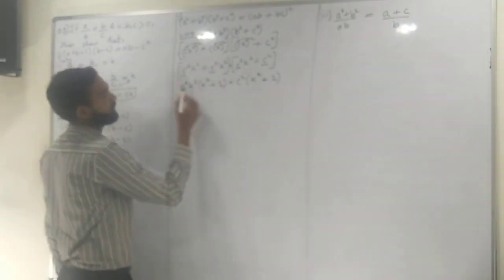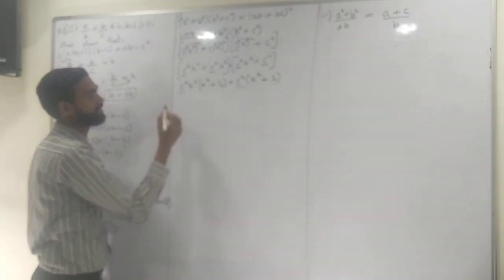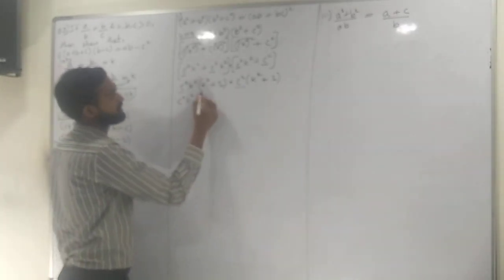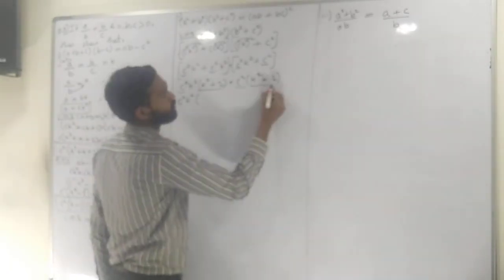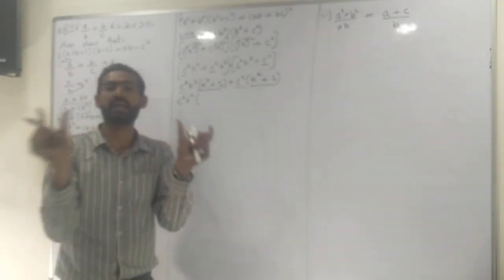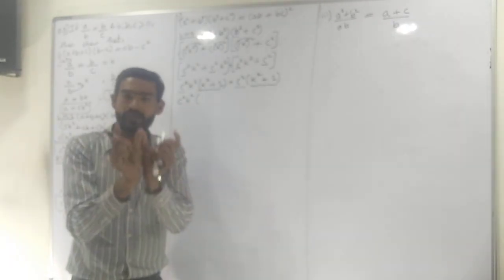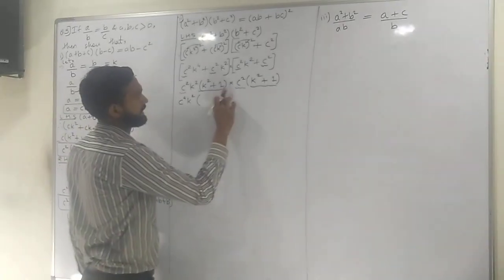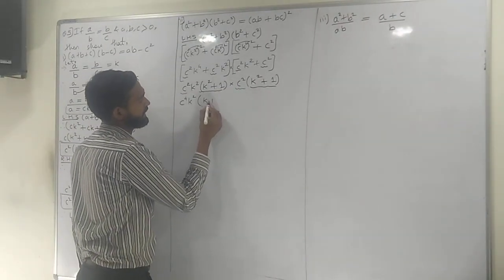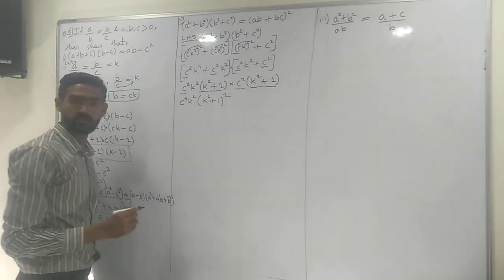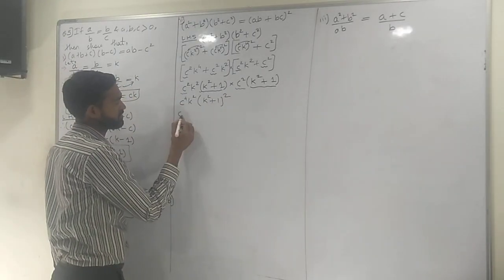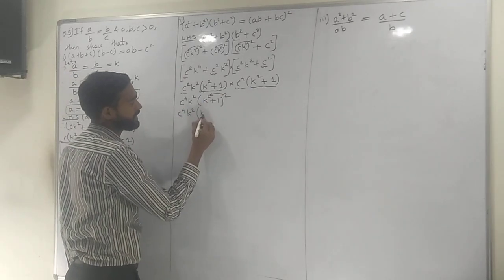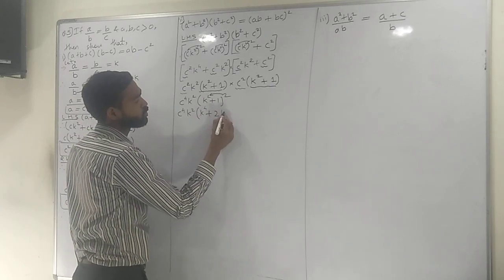Now what are they doing? They are multiplying. Look, C square into C square will give you C raised to 4. 2 plus 2, 4. And this K square as it is. Now, look, bracket into bracket. We know that A into A is A square. Similarly, students, bracket into bracket, bracket square. So I'll write bracket square. Now can we open this bracket? Yes. C raised to 4 K square. Now I'll open it. A square, what is A square? So K raised to 4, plus 2 into AB.